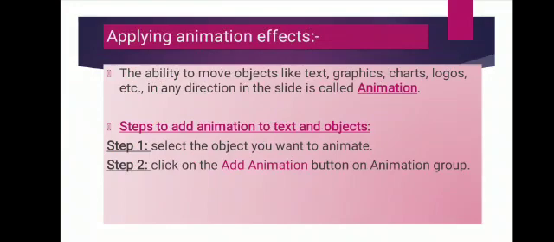In a presentation you can animate the text, picture, shapes, table, SmartArt and other objects by simply applying sound effects and visual effects. Several steps you have to follow to add animation to text or objects. For this, open any presentation and select the object you want to animate. Select means if you click on the placeholder, that text or object will be selected.